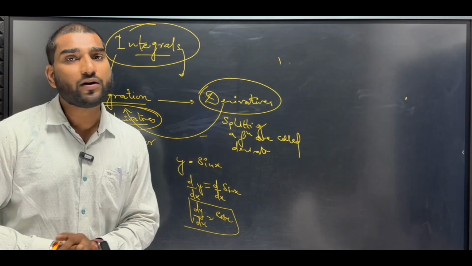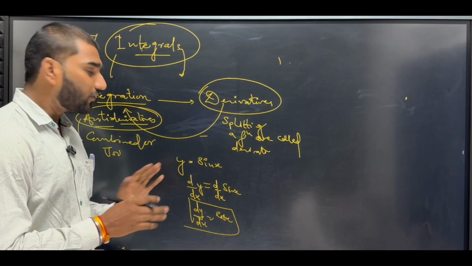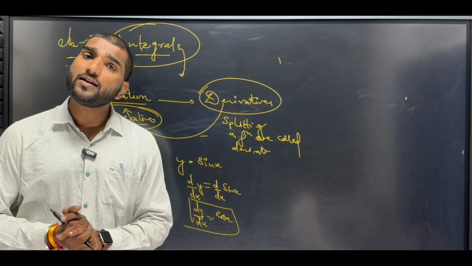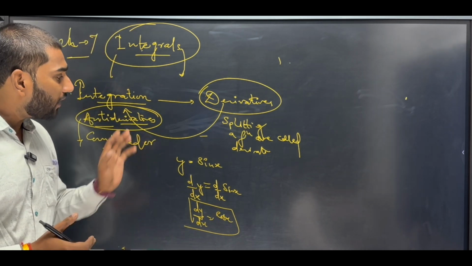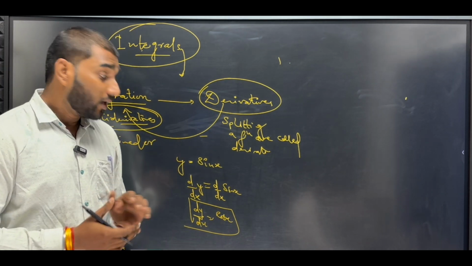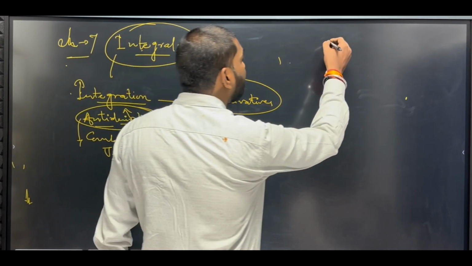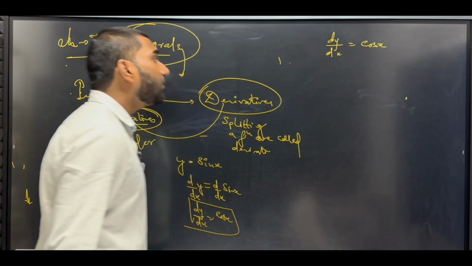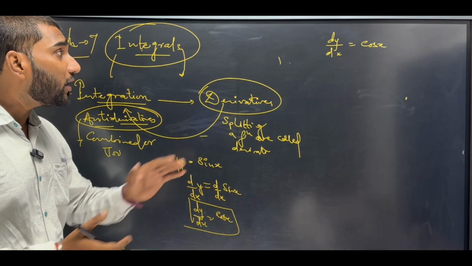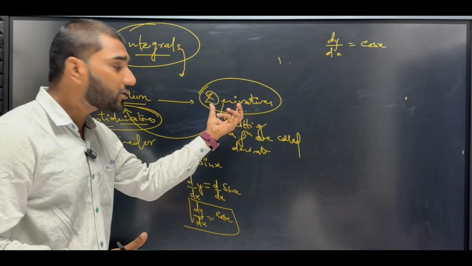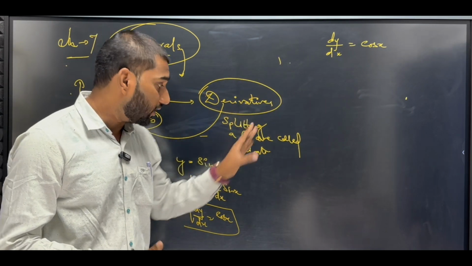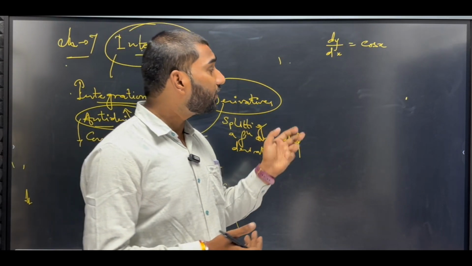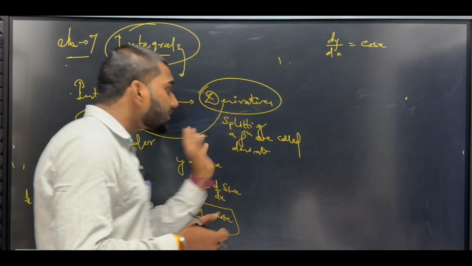Sin x का derivative जो होता है cos x होता है by using the first principle. You can already explain that the derivative of the function y is equal to sin x is cos x. Is it clear, sir? Now, after y is equal to sin x, the derivative is dy by dx is equal to cos x. Then how can we integrate? This is the splitting part. I already explained derivative is called the splitting part of the function. कि इस फंक्शन को sin x को मैंने तोड़कर derivative करके cos x कर दिया है. तो after that, अब हम cos x से sin x कैसे लाएंगे?